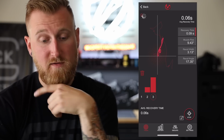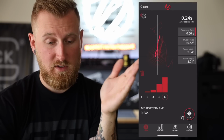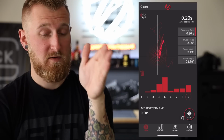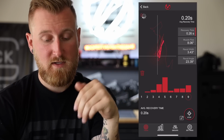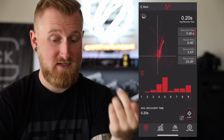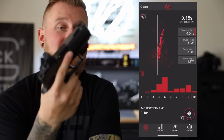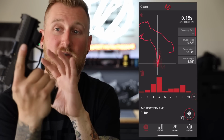As you can see, all of them are pretty linear, which is good. I may be gripping a little bit too much. It looks like I might be pulling up and to the right a little bit. That could be a few different things, and if I go into the app, it will actually tell me what I can do to resolve that. But overall there, I shot 10 rounds with this gun for the first time, seeing my data and all the analytics in real time, and I shot a pretty decent score, so this thing is showing its value to me